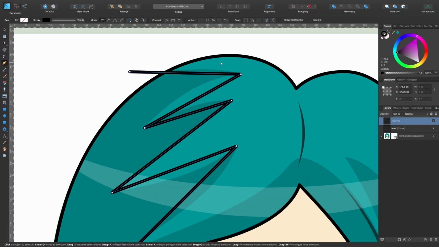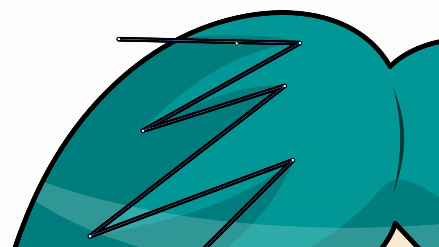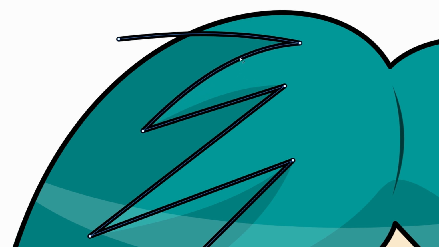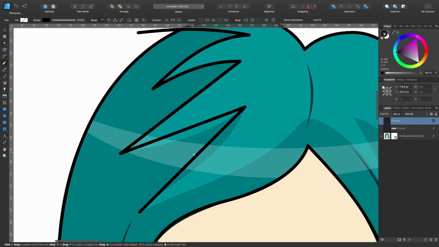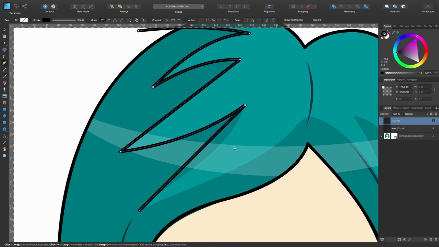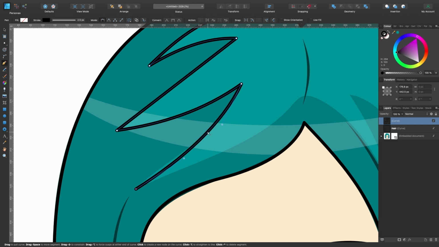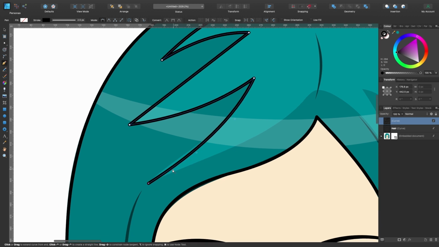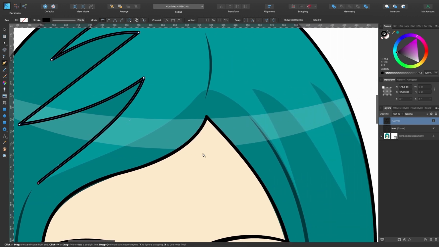If I just press Command, which switches to the node tool, I can just click on this line. You see there's a little squiggly line here. I just click and drag that up. I can manipulate that shape pretty much to meet all of those lines. So it looks like it's doing a pretty good job here. And sometimes this is a lot quicker. Takes the guesswork out at least. And you see here it hasn't quite worked, so I just press Command and drag that handle up a little bit and drag this one down a little bit. All right, I will continue to finish this shape and we'll move on to the next part.